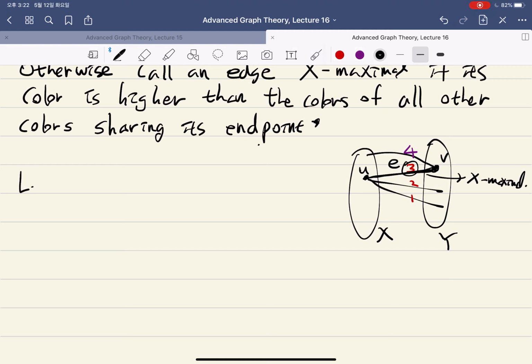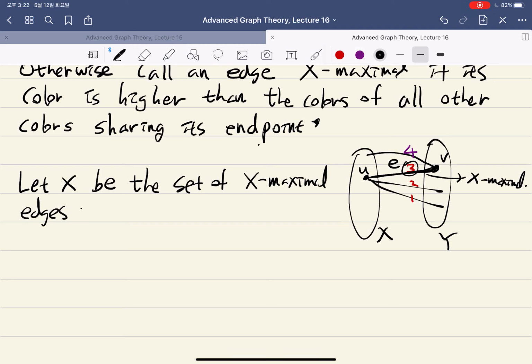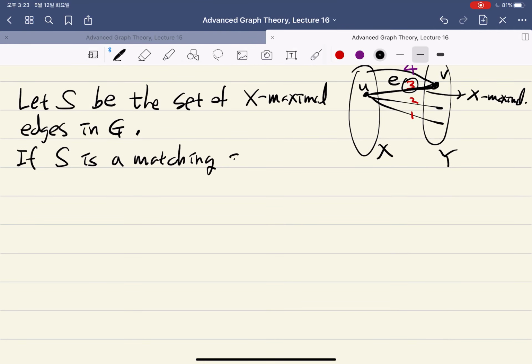So let X be the set of X maximal edges in G. Wait, so this doesn't make sense. Let's give another name. Let S be the set of X maximal edges. And if this S happens to be a matching in G,